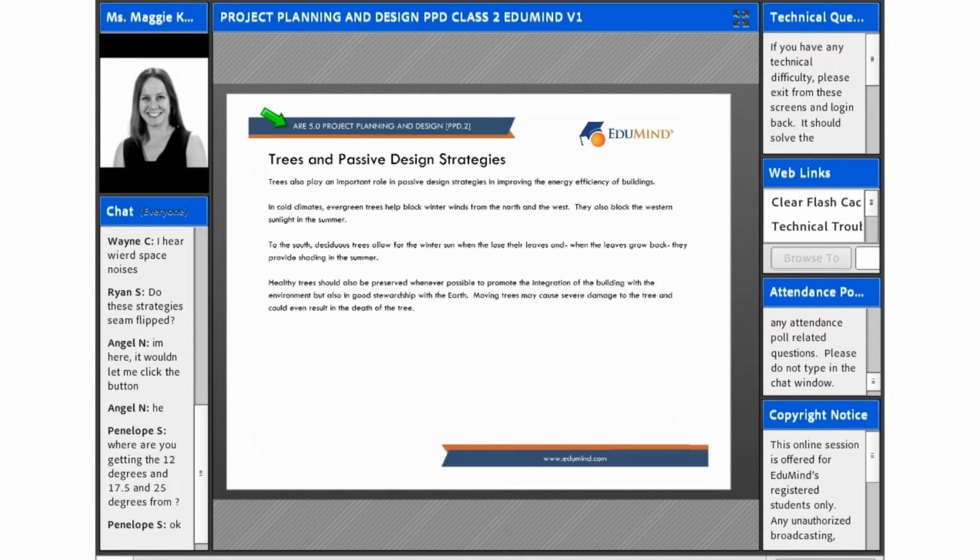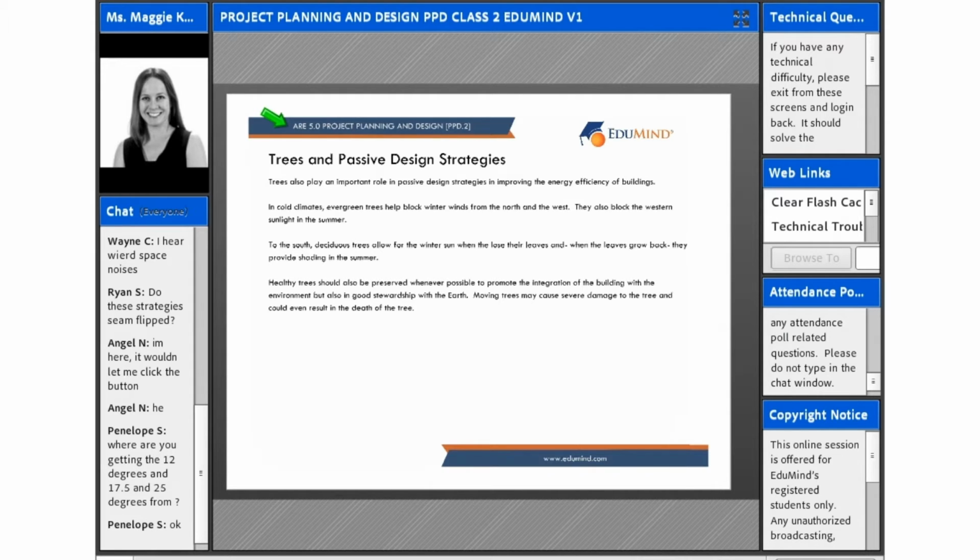And so I think what's kind of beautiful and poetic about it is that if you think about evergreen versus deciduous trees, evergreen trees don't ever lose their needles, right? So they're a much more permanent type of shading device, whereas deciduous trees allow for that shading during the summertime, and that's when these buildings need it the most from the harsh sun. It's the use of trees to block that sun in the summertime when they're all nice and full, and then when they drop their leaves in the fall,